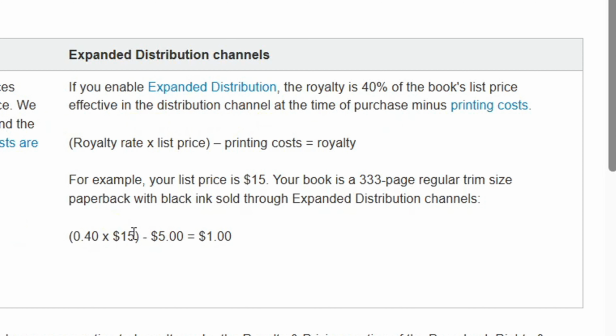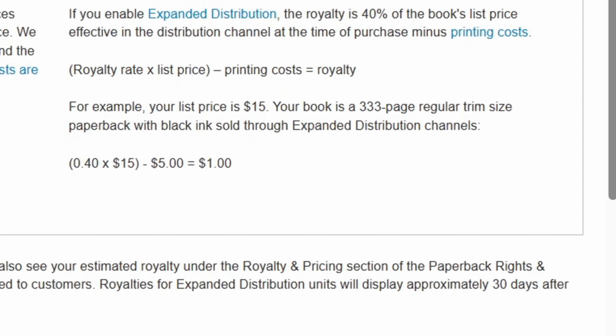Using the same calculation, we see 40% of $15 minus the printing cost of $5 gives us a royalty of $1. If this royalty is not good enough for you, you can always increase your list price